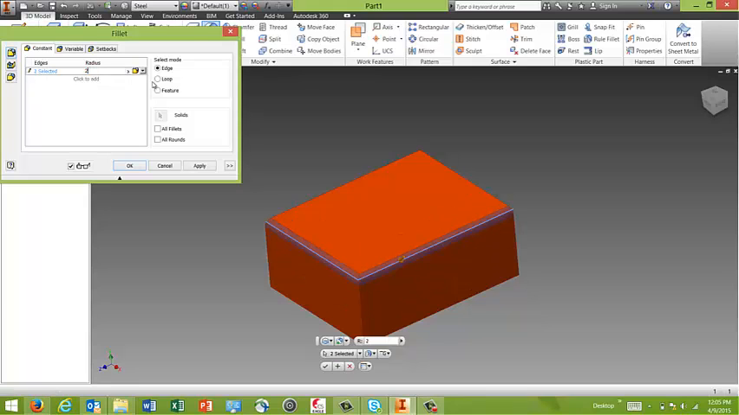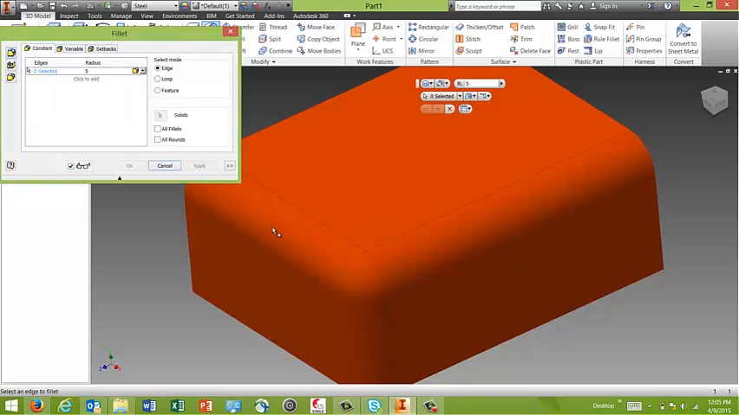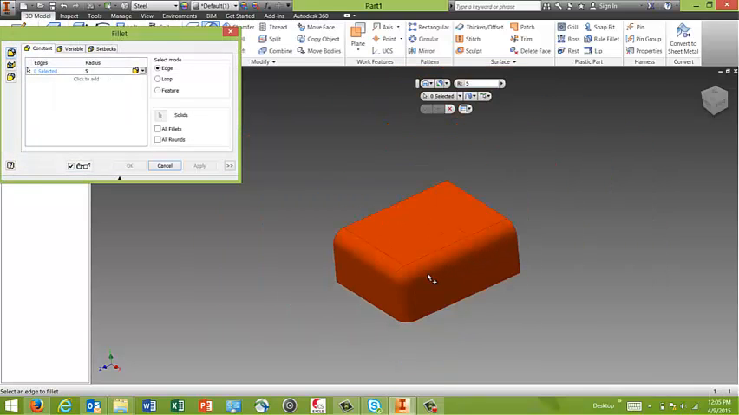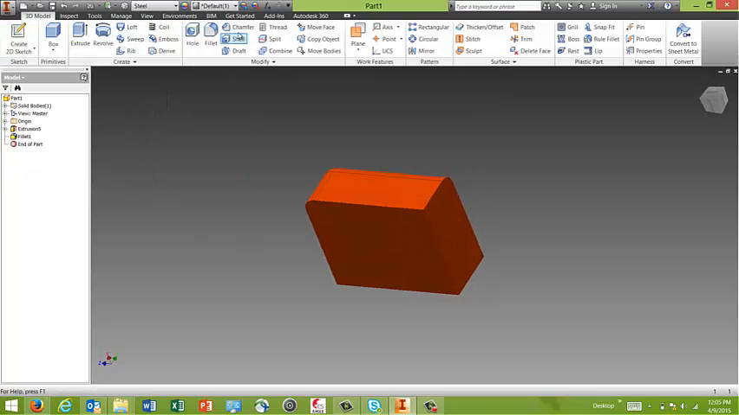Now I will create a fillet radius of maybe, let's say, 5 millimeters, and this is what you have. Okay, and when I click apply, the fillet is created. Now if I were to turn over to this side and I change it to a chamfer,